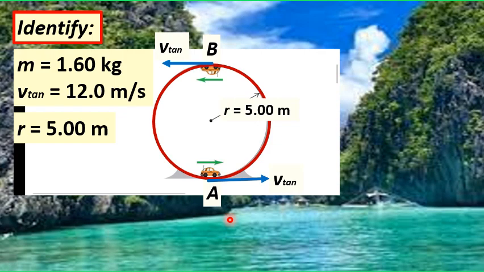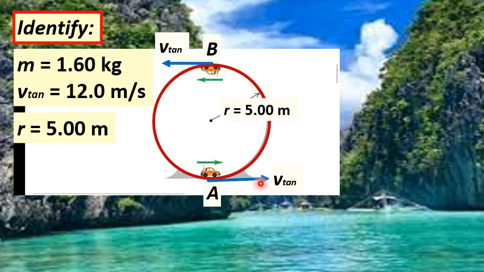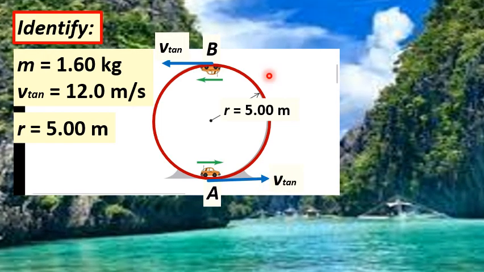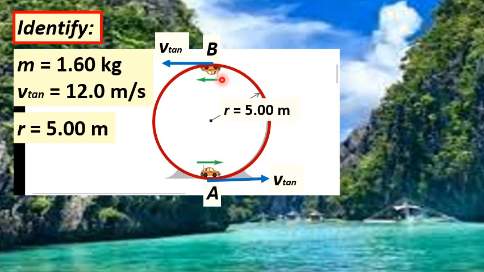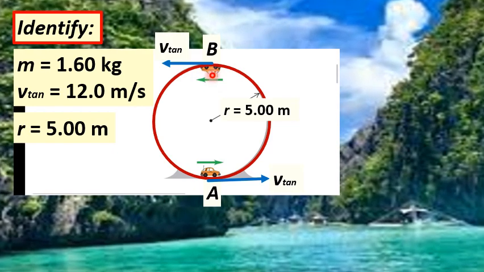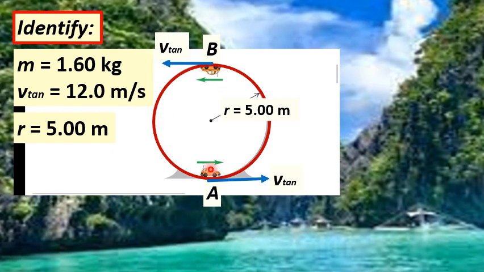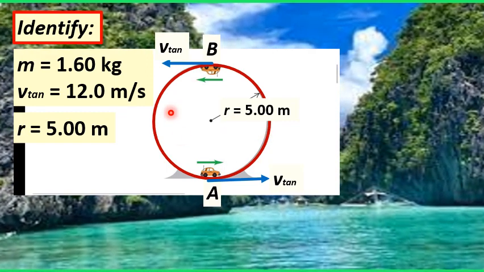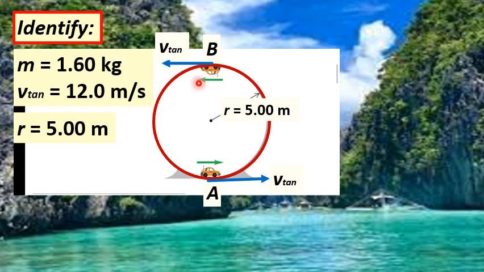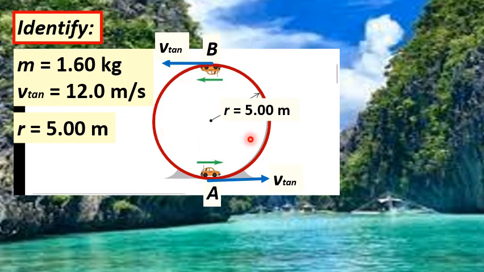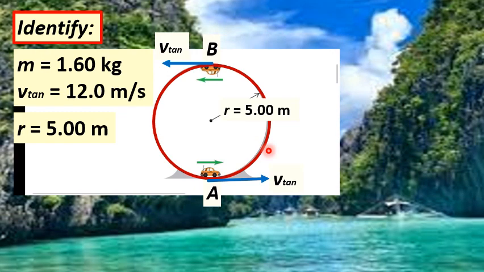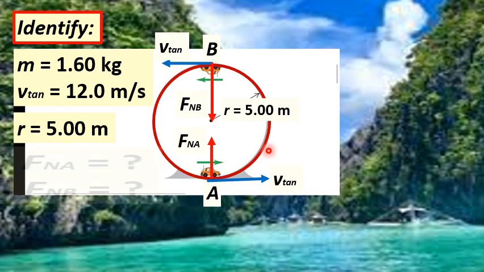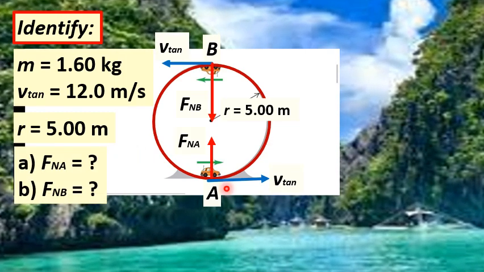So at point A, the direction of this tangential velocity is to the right, while at point B, its direction is to the left, which suggests that the toy car is moving in a counterclockwise direction along the track. So we are asked to find